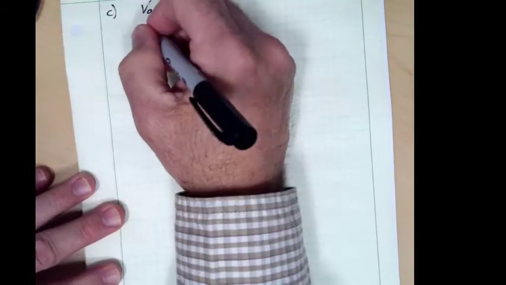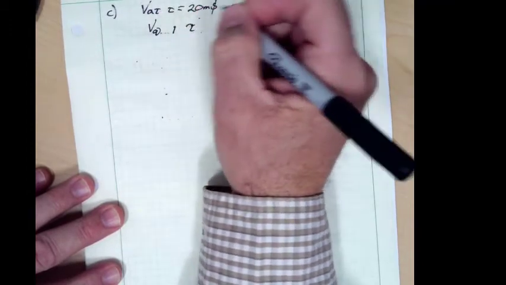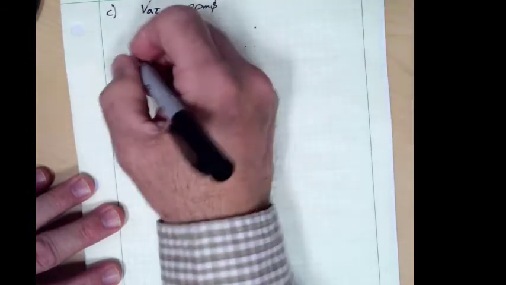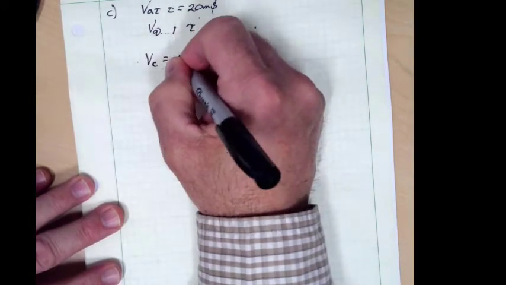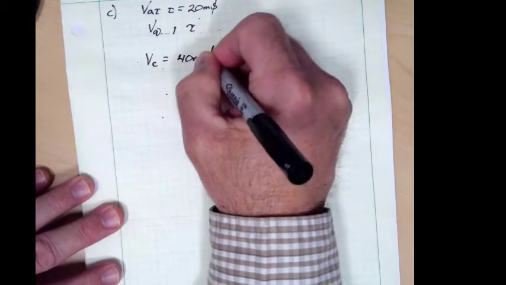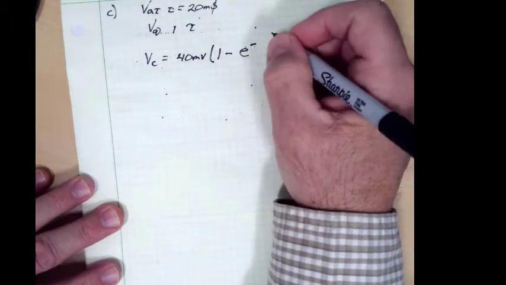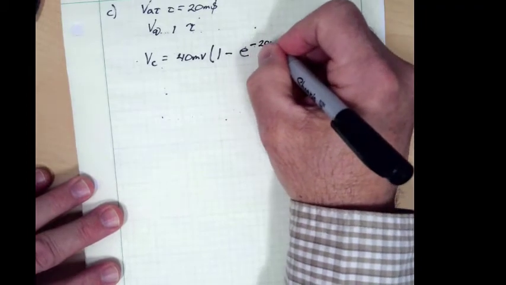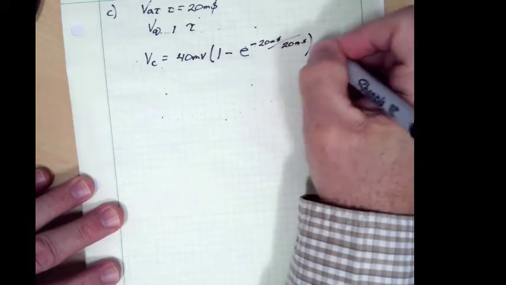In other words, what is the voltage at one time constant? Well, we have our equation. The voltage of the capacitor is equal to 40 millivolts times 1 minus e to the minus 20 milliseconds divided by 20 milliseconds,